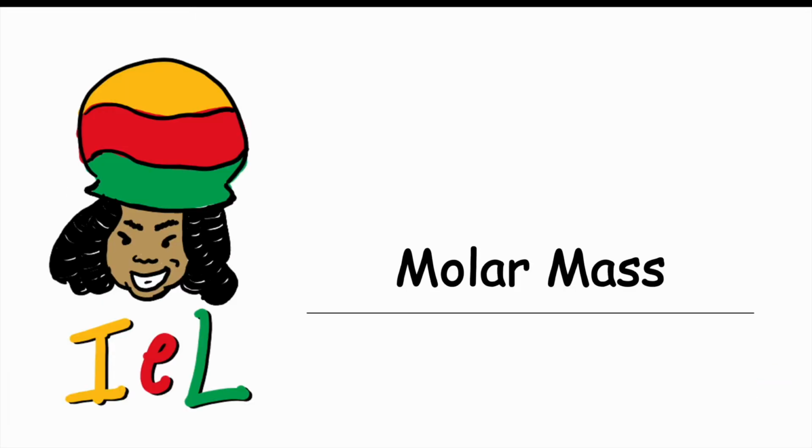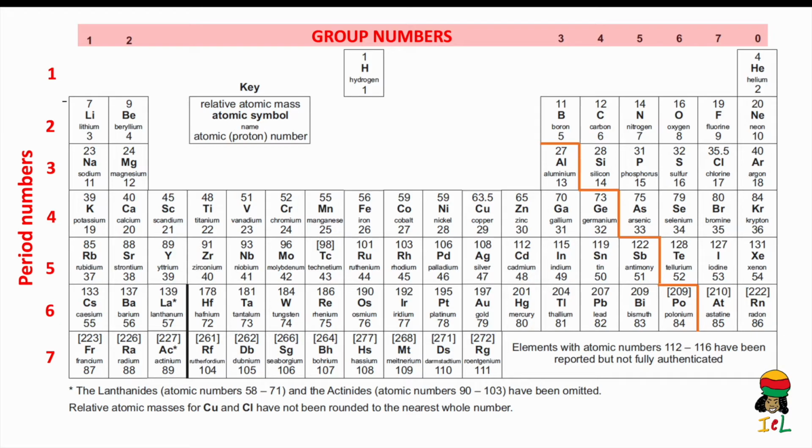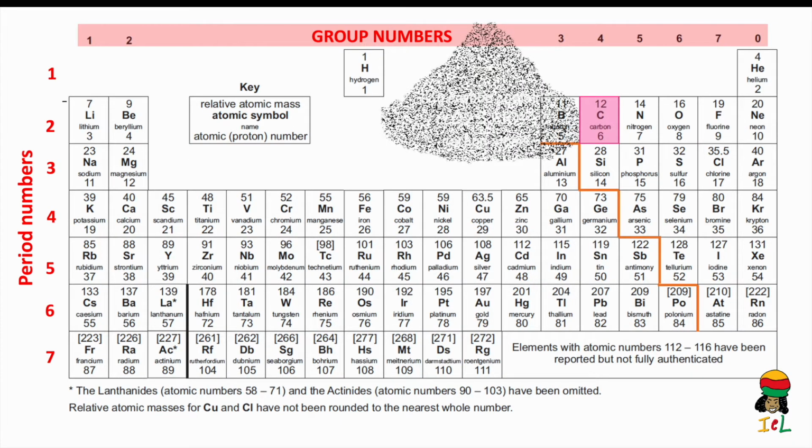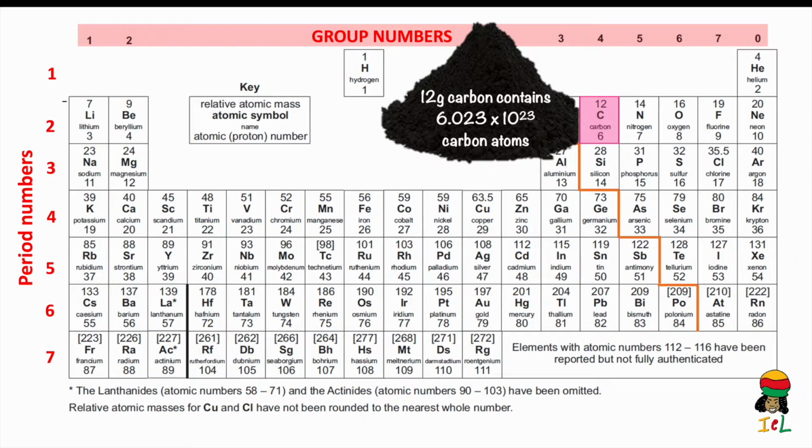We will continue with the first learning objective by defining the term molar mass. We will use the periodic table to assist with defining molar mass. Let us use the element carbon as an example. The mass of carbon is 12. Therefore, if a sample of 12 grams of carbon were measured out, the element sample would contain 6.023 times 10 to the 23 carbon atoms. Since 6.023 times 10 to the 23 is 1 mole, then 12 grams of carbon is the mass of 1